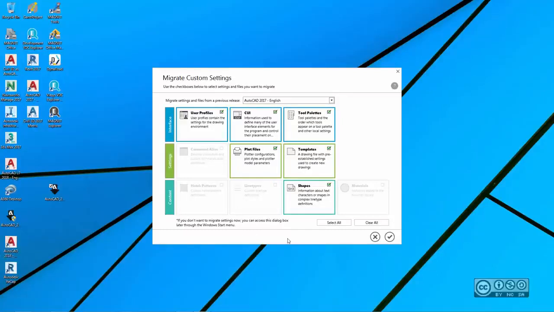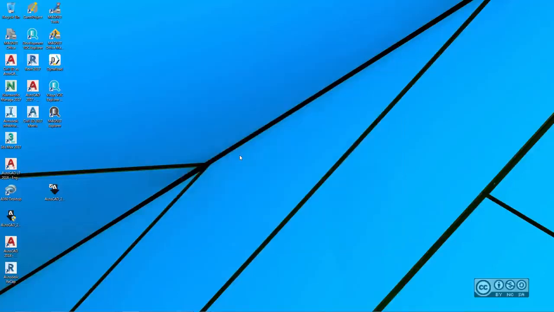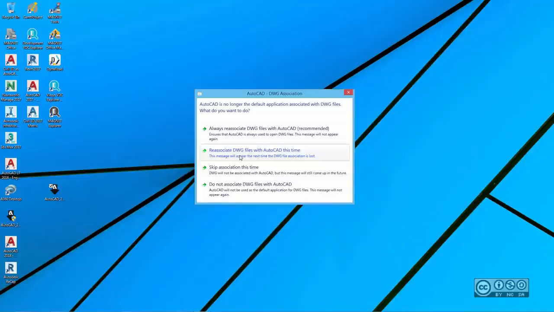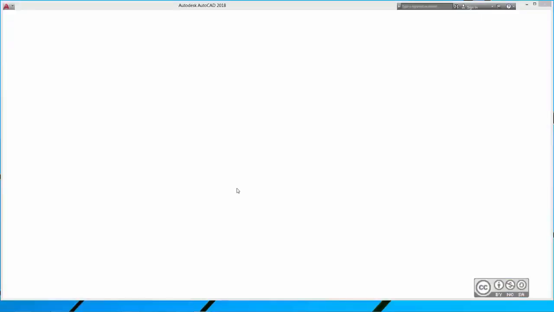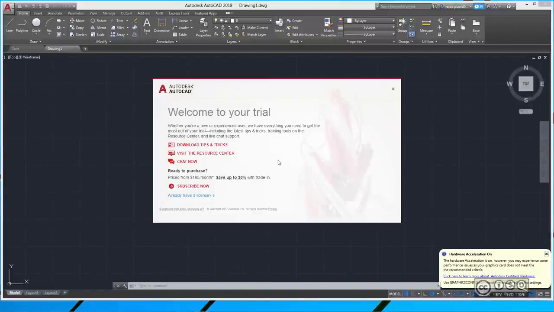When you start AutoCAD 2018 the first time and you have also installed some previous versions like AutoCAD 2017, then it's possible to migrate previous settings to the new version. But you can do that also later. For example, right now, I don't want to do that, and I hit cancel. AutoCAD continues to load. I also may get a notification about how to associate DWG files. Right now I pick Do Not Associate, and my AutoCAD 2018 user interface will be loaded